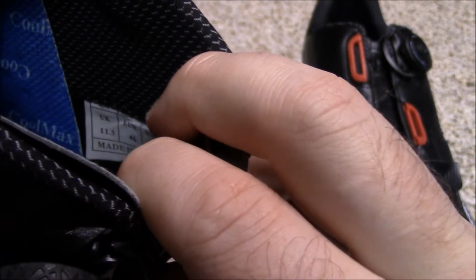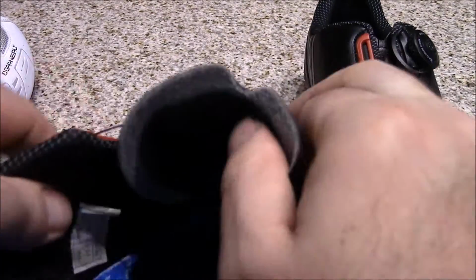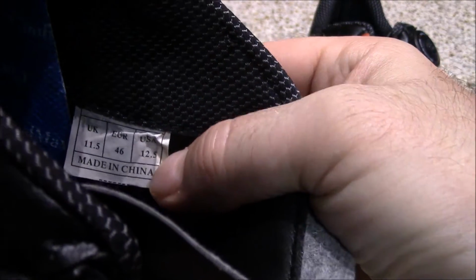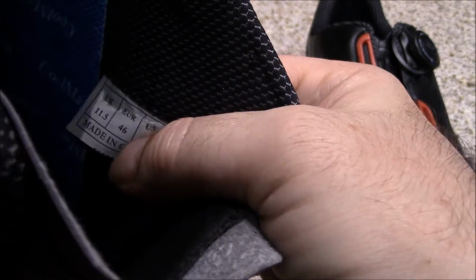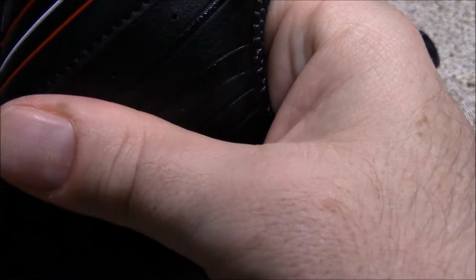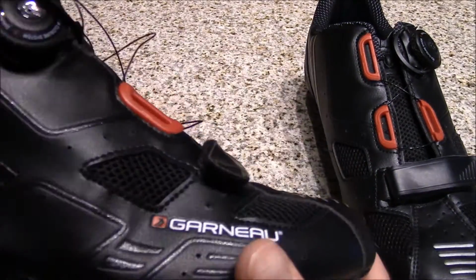As you can see there, these are 12 US, sorry, 12.5. And this is to give you an idea: Louis Garneau runs smaller. So these say 12.5 US, 11.5 UK, European size 46. Now, here's the thing. On European sizes, I almost always wear 46, and in American size, that would be 11 or 11.5. But these call them 12.5 US, which there's no way these are 12.5 size shoes as tight as they are,